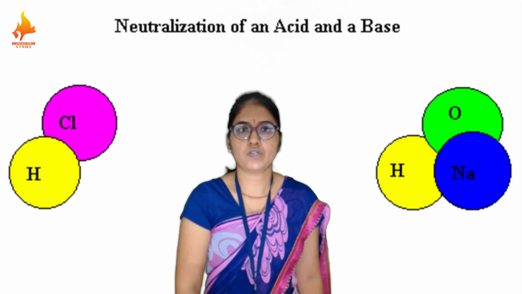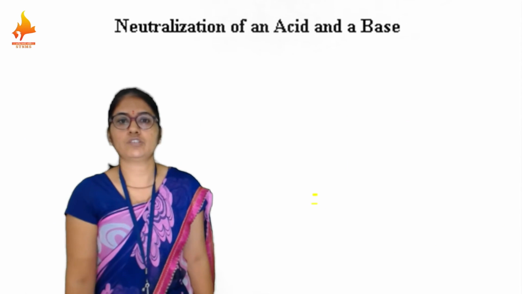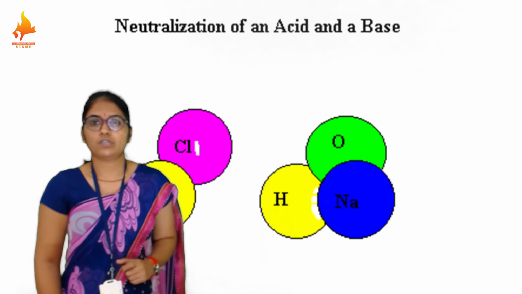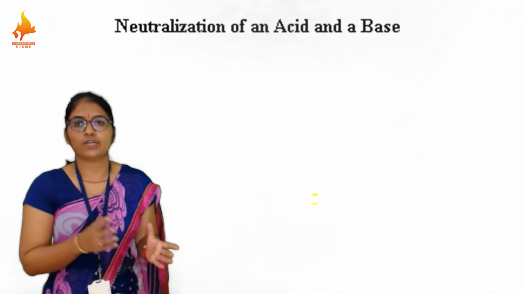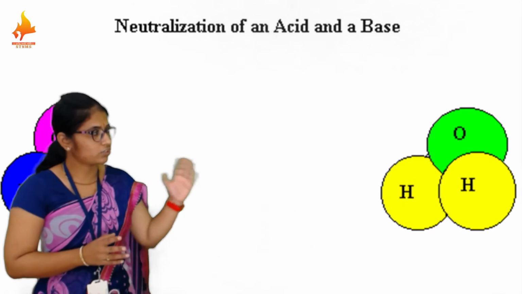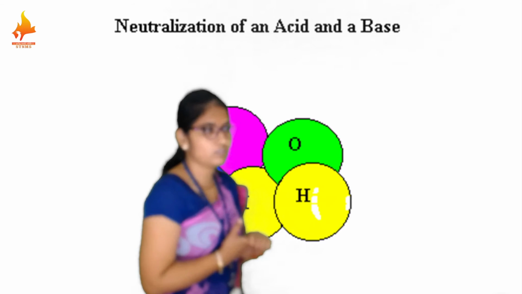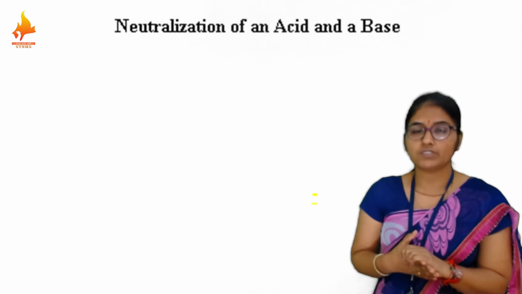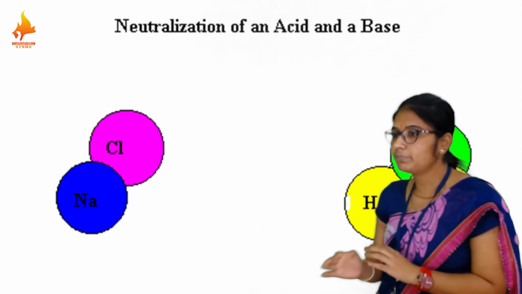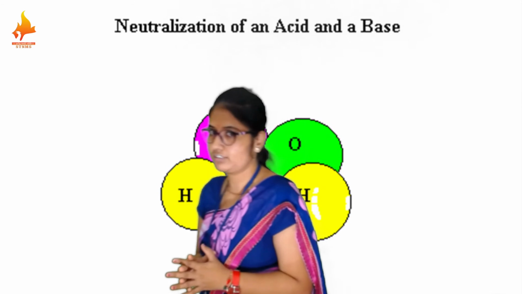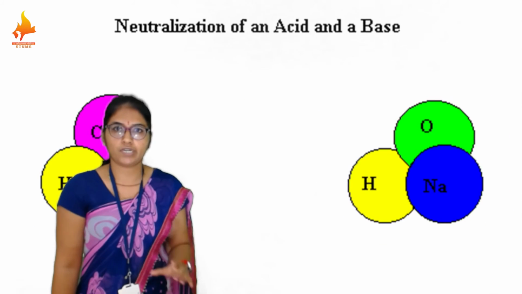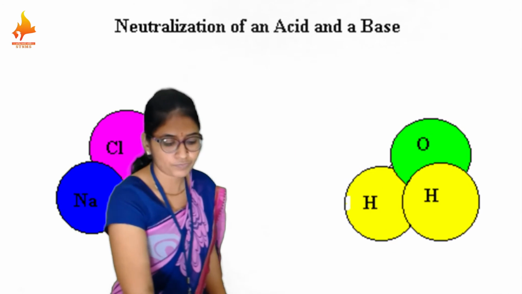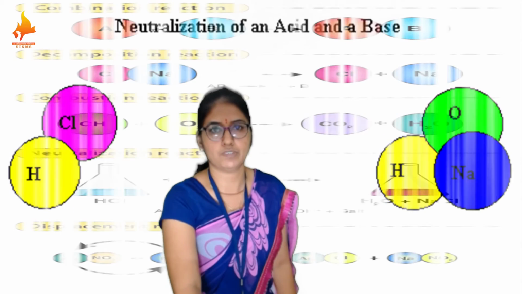Precipitation. One more example of double displacement reaction is neutralization. Here also exchange of ions takes place. You can see NaCl, common salt, is formed by the reaction of NaOH and HCl. Here also there is exchange of ions: Na, then OH minus ion, will form NaCl on combining with HCl. But it is not a precipitation reaction, it is called a neutralization reaction, because here we get a neutral salt. In this reaction, salt and water are the products, not a precipitate, not a solid. So this is another type of double displacement reaction.